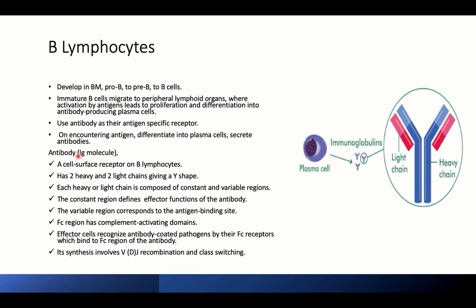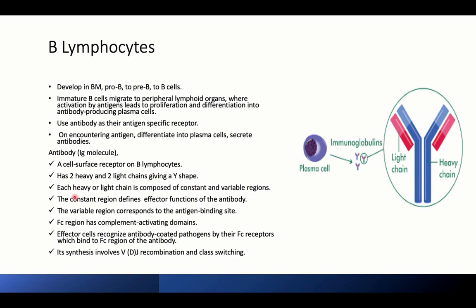What about this immunoglobulin molecule or antibody? It constitutes a cell surface receptor on the B lymphocyte. If this is the B lymphocyte or plasma cell, it has on its surface the antibody as an antigen-specific receptor which will recognize the foreign antigen. It has two heavy and two light chains. These are light chains and these are heavy chains,